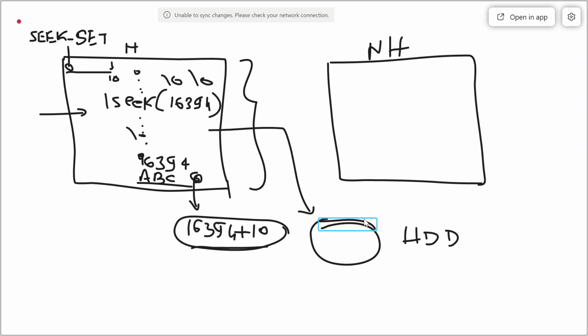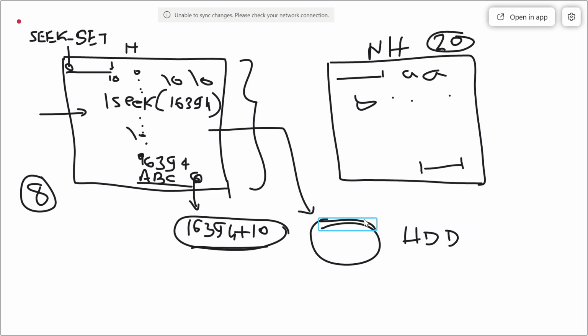So what has happened is that if I create a file with hole, it has occupied only 8 blocks, and the file with no hole has occupied 20 blocks. Because in the file with no hole, I first wrote 10 characters, and then instead of this hole I have written some characters, let's say A, B, C, whatever, some content, and then in the last I again kept 10. So instead of null characters, I have written something with the write system call.